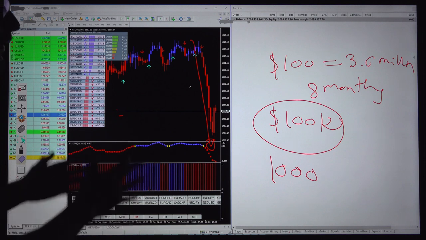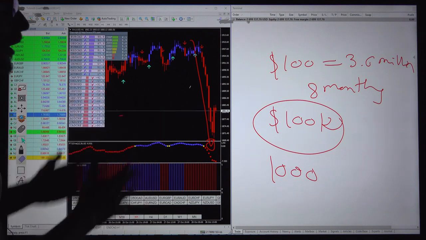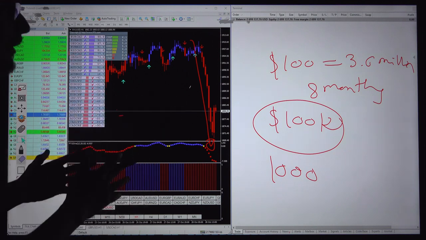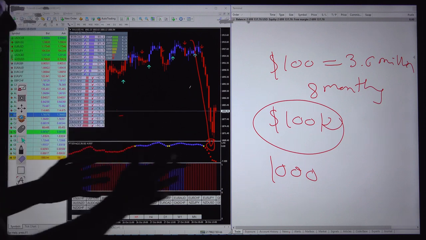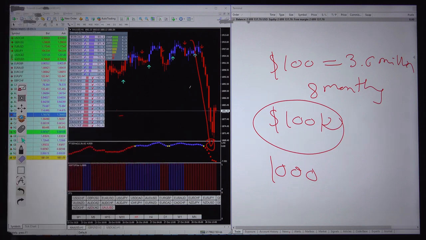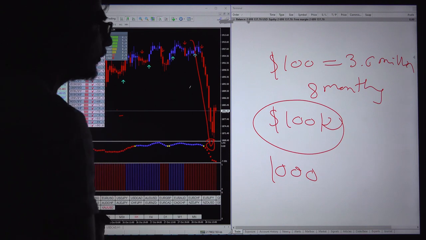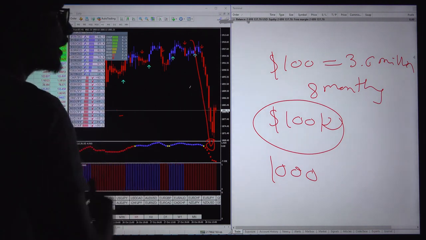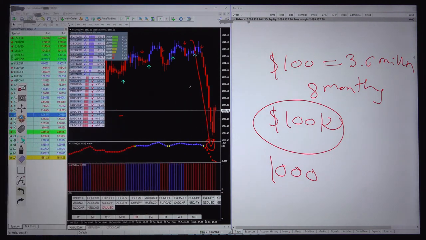So we recommend starting with a minimum of $1,000 to $5,000. The capital should be $500 to $1,000 with a trading lot size of 0.01. Obviously we started this account with the 0.01 lot size, but it is quite risky as we are trading 28 pairs with $100. But we want to achieve higher profit with lower capital. That's the reason, but we advise traders to start with at least $500 to $1,000.